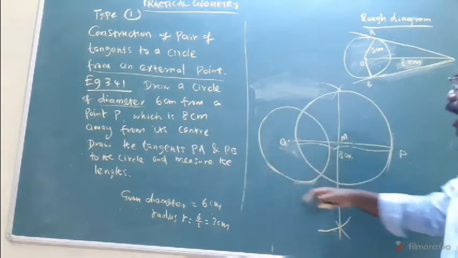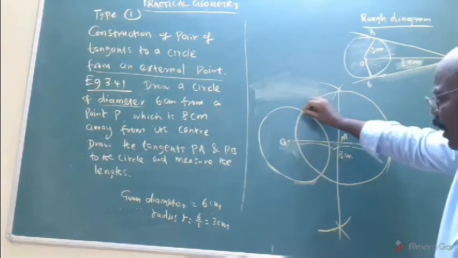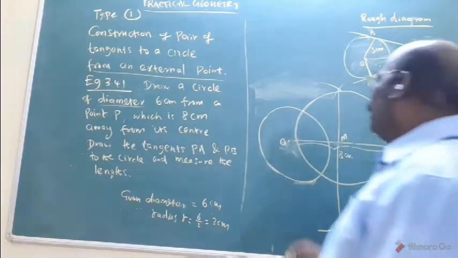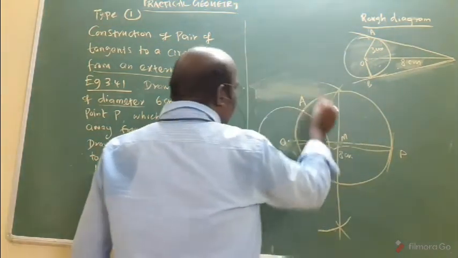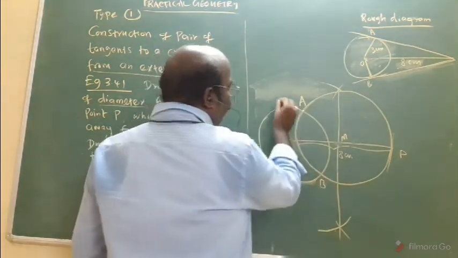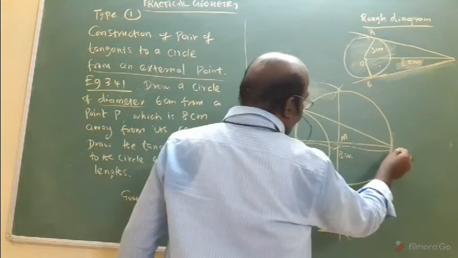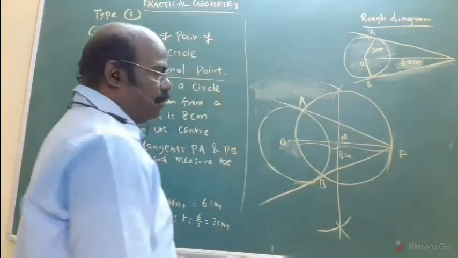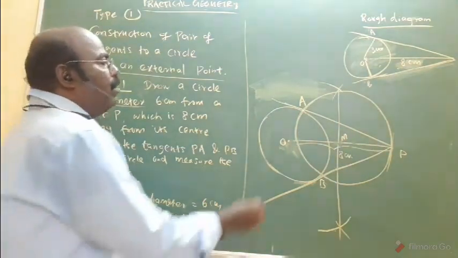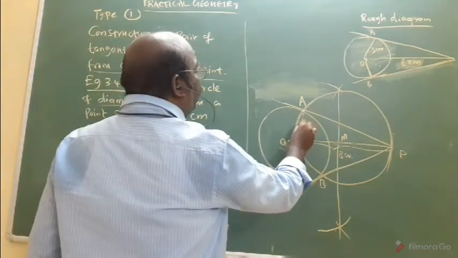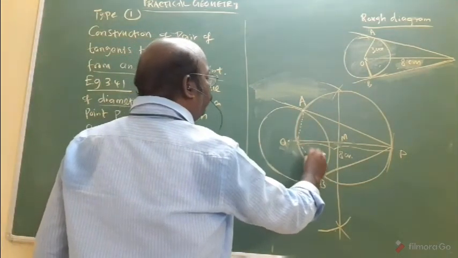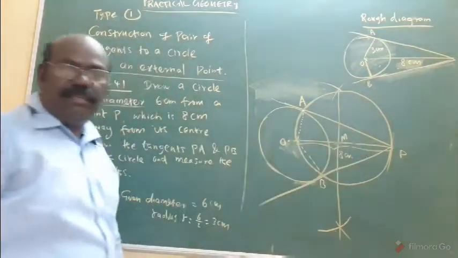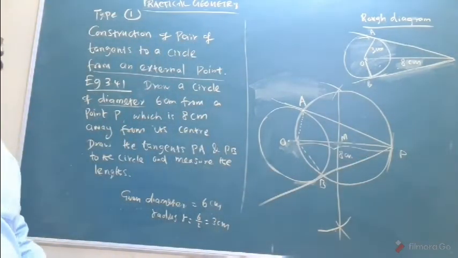Now, the first circle and the second circle intersect here, no? Now, this will be A, this is B. Okay? Now, join the lines P to A, then P to B. These are the tangents to the circle. That's all. This is the answer. Now, these are dotted lines. Join OA and OB. This is the diagram. Very simple concept.